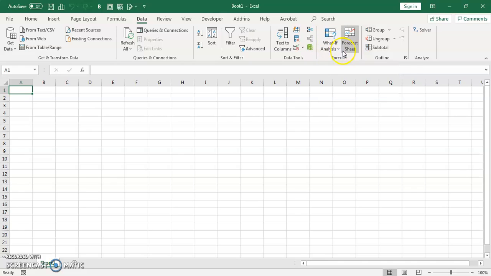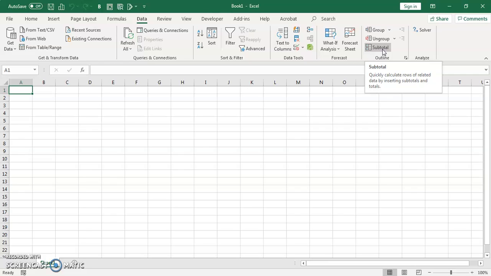A forecast sheet can also be employed to see what might be coming down the road in the future. Outlines such as group, ungroup, and subtotaling are just really quick ways for us to, again, compress a lot of data on a worksheet to make it easier to look at. And subtotals, as the name suggests, puts in kind of breakpoints in our data,